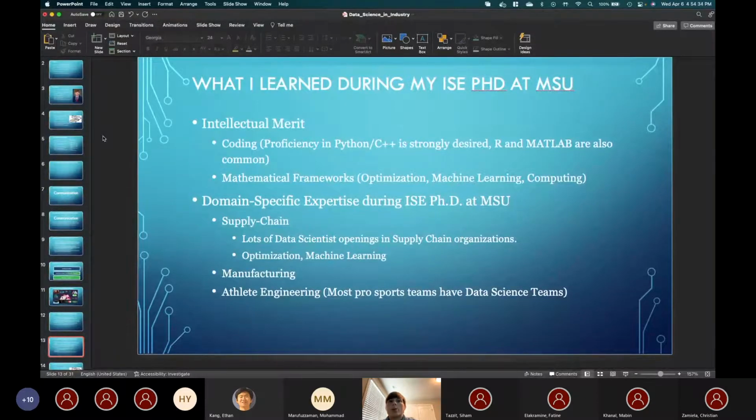And there's a lot of great opportunities as well there. And then athlete engineering, which was kind of starting up while I was still a PhD, but I know has grown a lot recently in the industrial engineering department. You look at most pro sports teams, they all have data science teams trying to predict, how can we make our athletes slightly better? How can we better draft players? So depending on what expertise you gain during your PhD, you can definitely leverage that into moving into a job that uses that, and you will be looked at as having that expertise to make an impact much sooner.